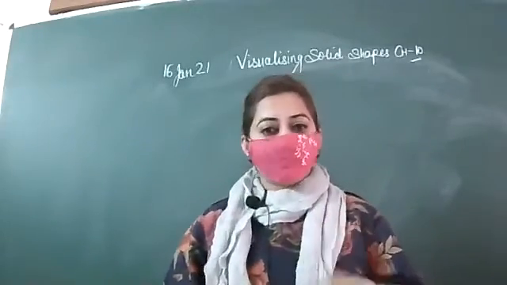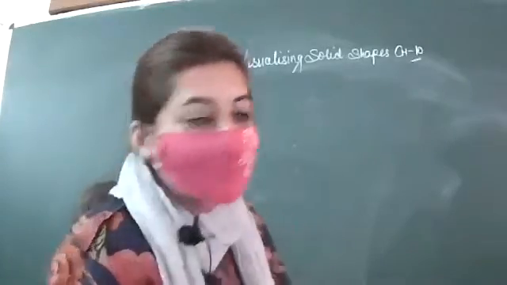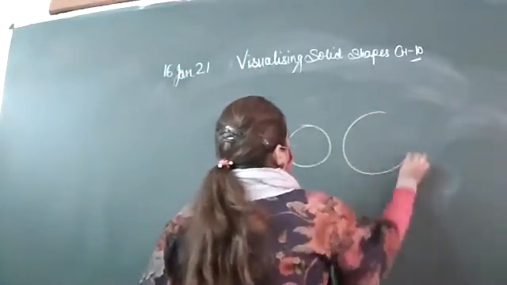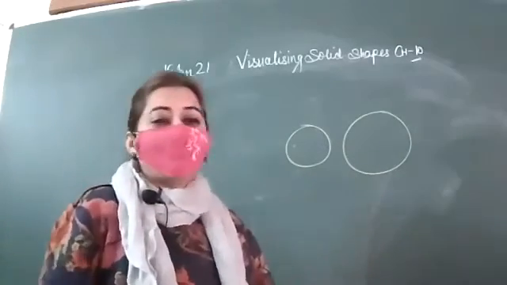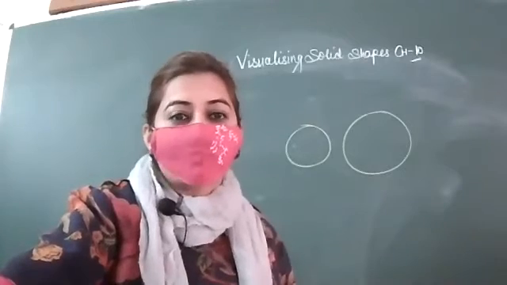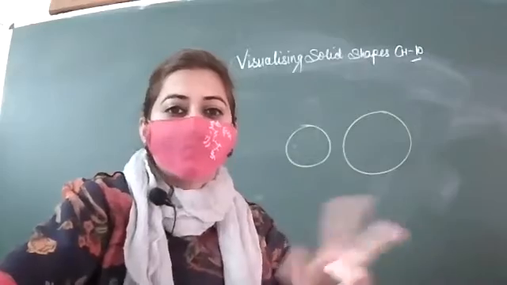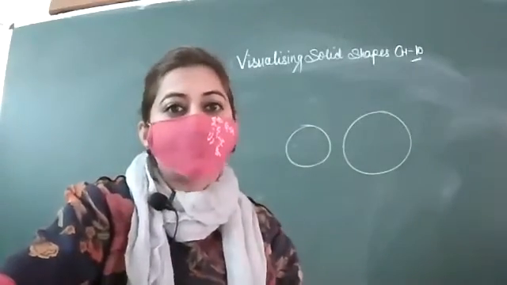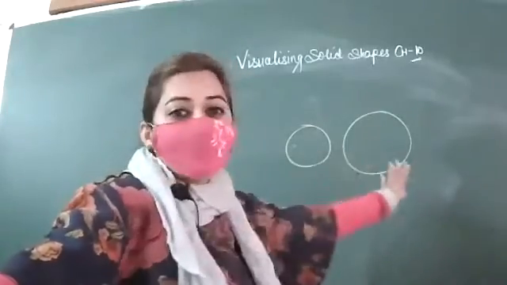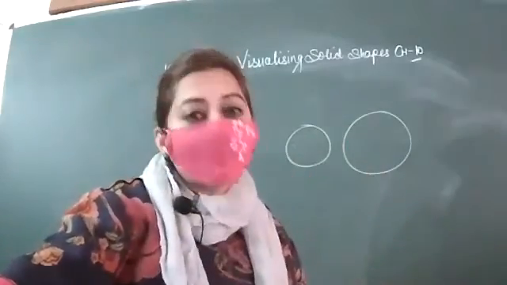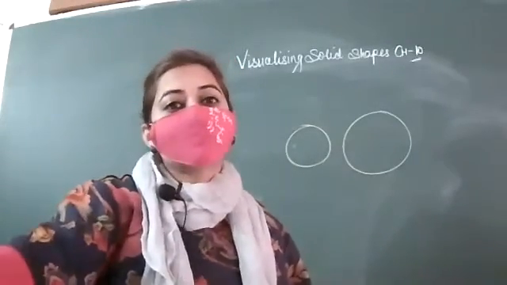There are two terms, one is similar and one is congruent. Similar means that are same in shape. Like if I draw two circles, they are same in shape, but their sizes are not same. So they are similar. Like when someone says to you that you resemble your mother, you resemble your father, means you are having similar type of facial features. So same का meaning है only features are same, only shape is same, but the size is not same. ठीक है? So if the size and shape both are same, that means the figures are congruent.